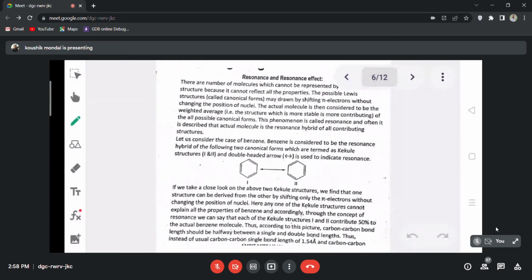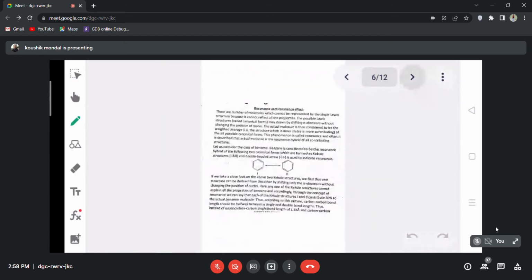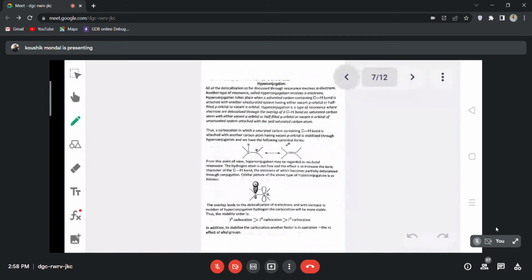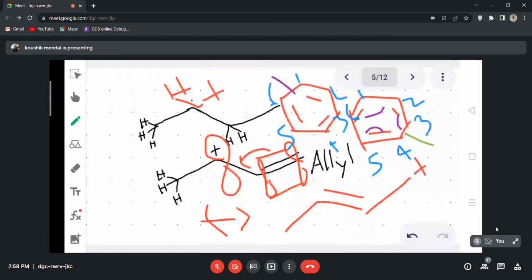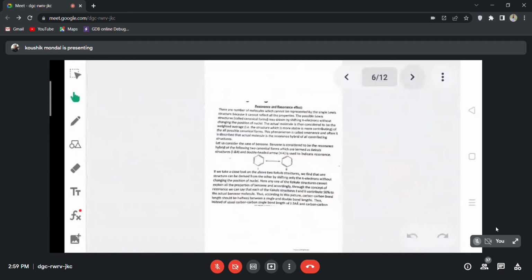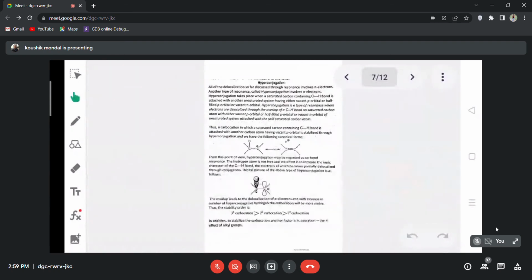This resonance effect is basically formed through these pi bonds, means this pi bond is delocalized in this manner. So the next effect is